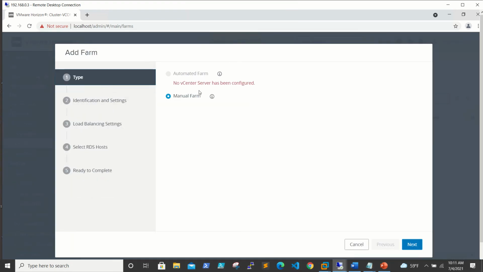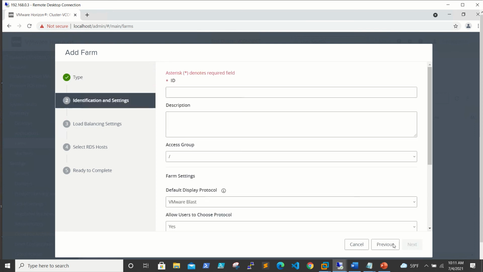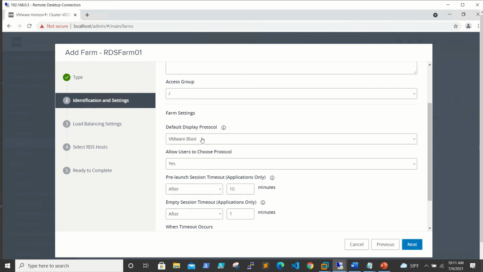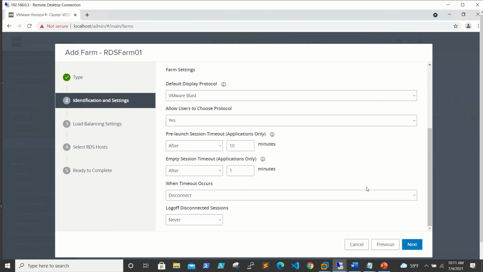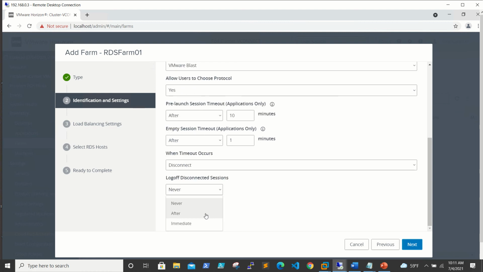So if you see here, it's saying that no vCenter has been configured. So obviously we know that we don't have vCenter for this. So we'll give some name, and we'll select VMware Blast protocol for RDS. Allow users to choose protocol, that is yes, so that they can choose whatever protocol they want. And log off disconnected sessions after